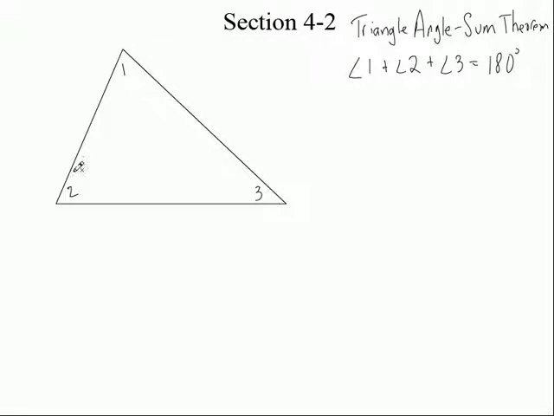All right, so that means when you add up all the angles, it adds up to 180. That's a theorem. Now, what did we say earlier about theorems? We can do what with theorems, but we don't do that with postulates. We can prove them, right. We can prove theorems, but we don't prove postulates. So, with that said, let's